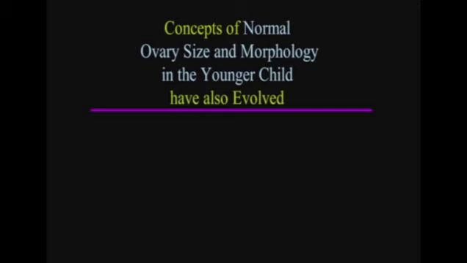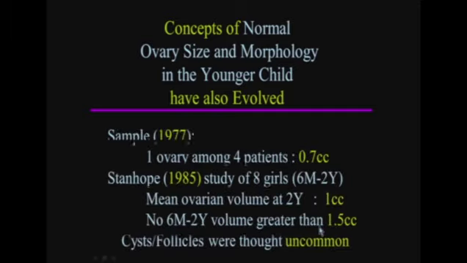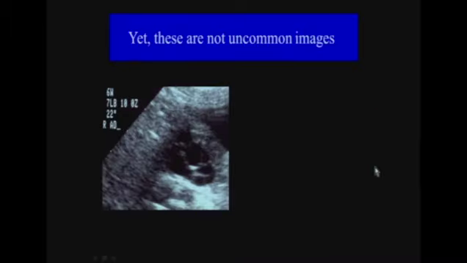The concepts of normal ovarian size and morphology in the younger child have also evolved. In 1977, Sample saw only 1 ovary among 4 girl patients, and it was 0.7 cc. In 1985, Stanhope noted in 8 girls 6 months to 2 years that the mean ovarian volume at 2 years of age was about 1 cc, that no 6-month to 2-year volume was greater than 1.5 cc, and that cysts and follicles were thought uncommon. Now, there was a problem with this because